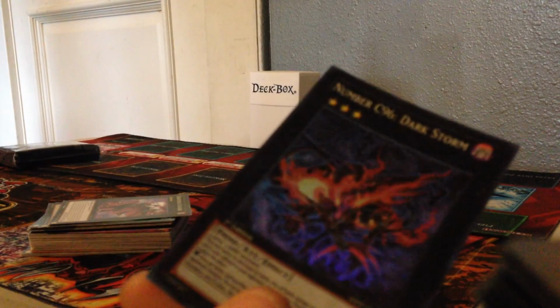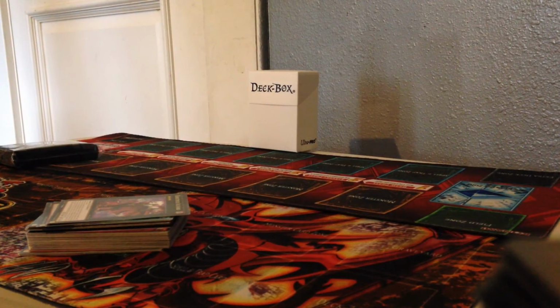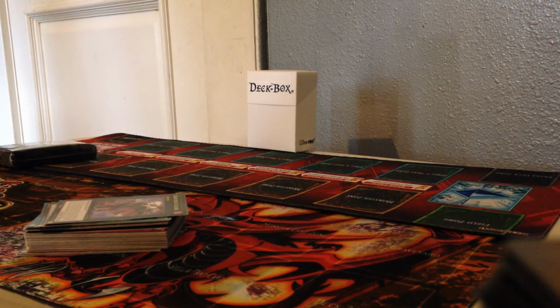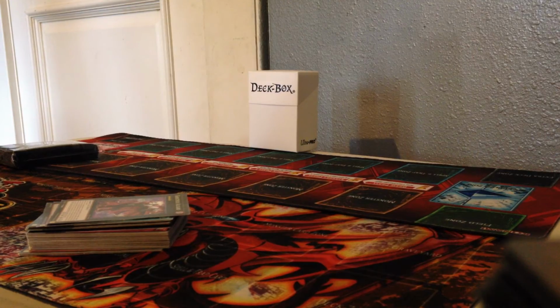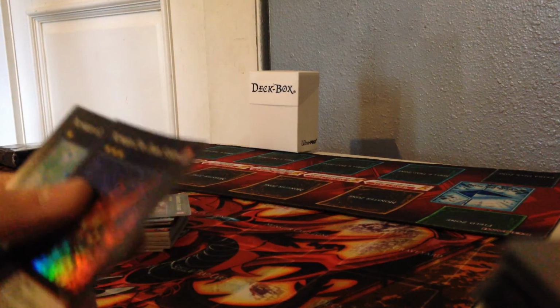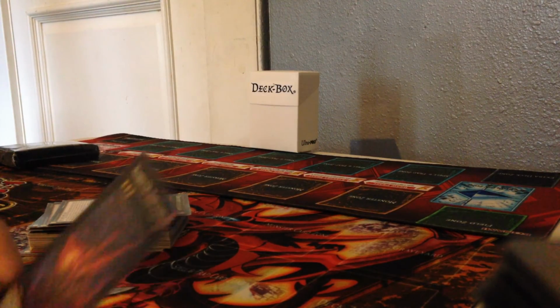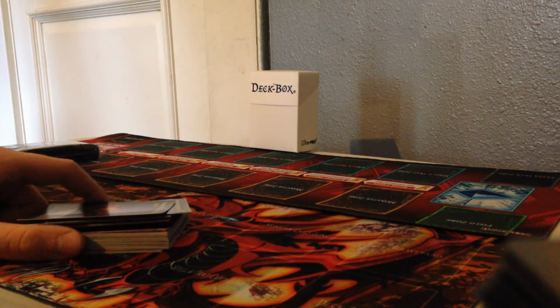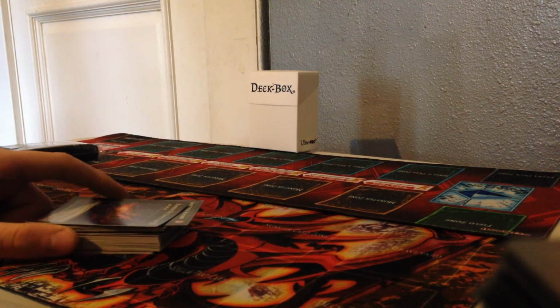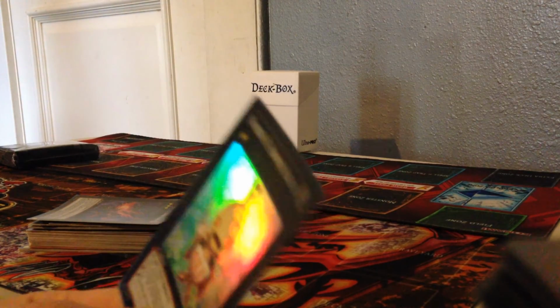This one, Number C96 Dark Storm. 4 level 3 dark monsters. It says, this card cannot be destroyed by battle. Also, all battle damage you take from battles involving this card is also inflicted to your opponent. You don't need that last effect because I don't run that. You basically use this, and if your opponent's at a low amount of life points and you're at a decent amount, you use him to attack their highest monster and kill your opponent. Most likely leave you alive, but